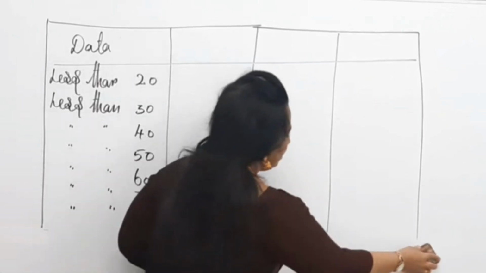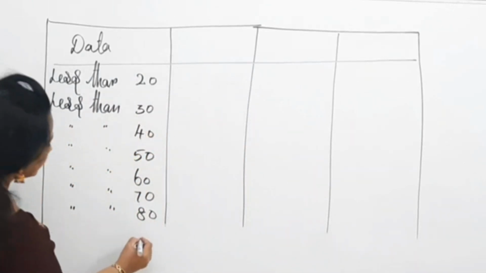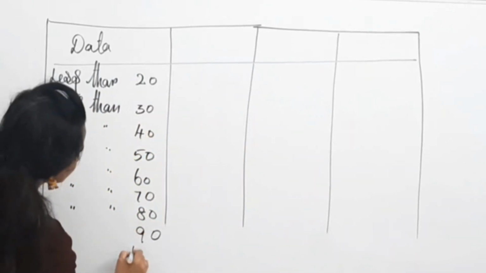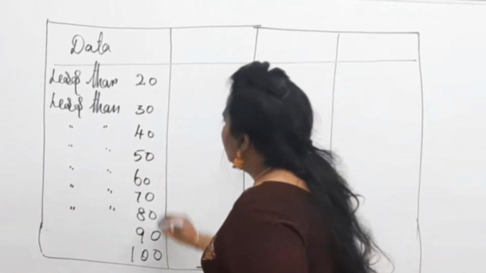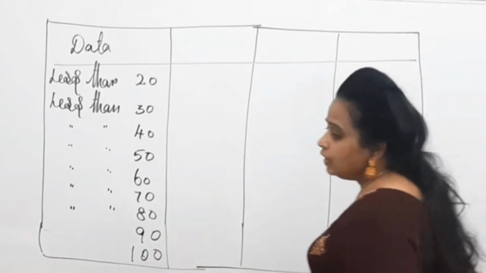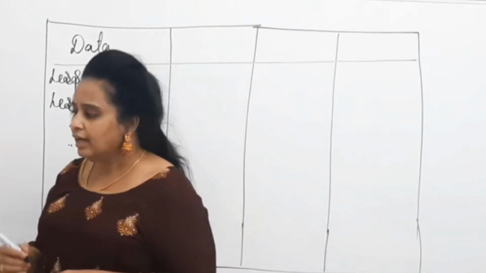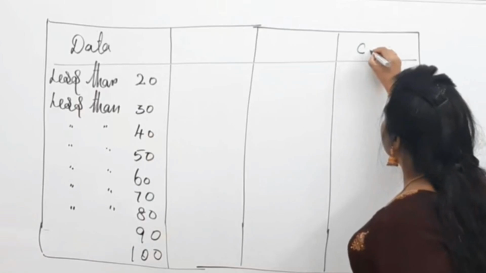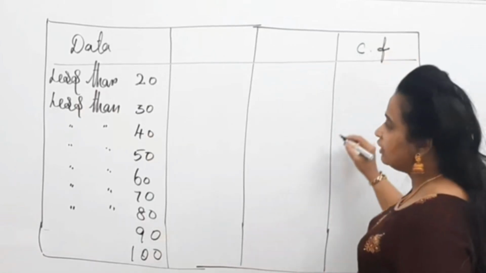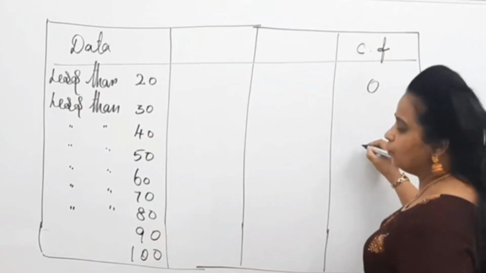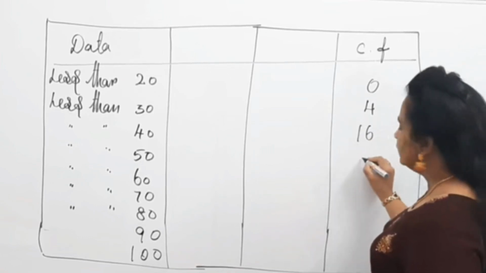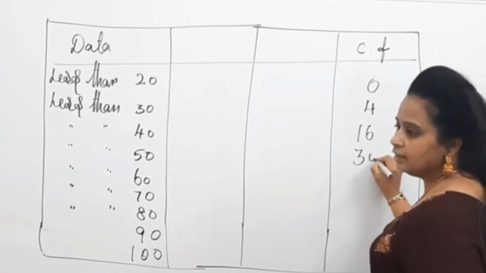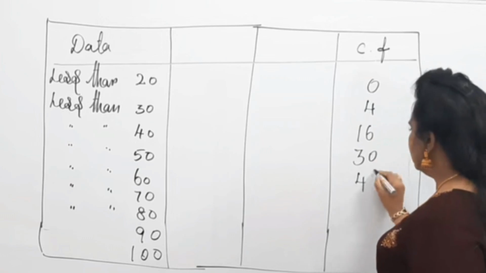So we have a table till 90 and 100. Hope everyone has your table right now. The other thing given is cumulative frequency. The frequencies are 0, 4, 16, 30, 46, 66,